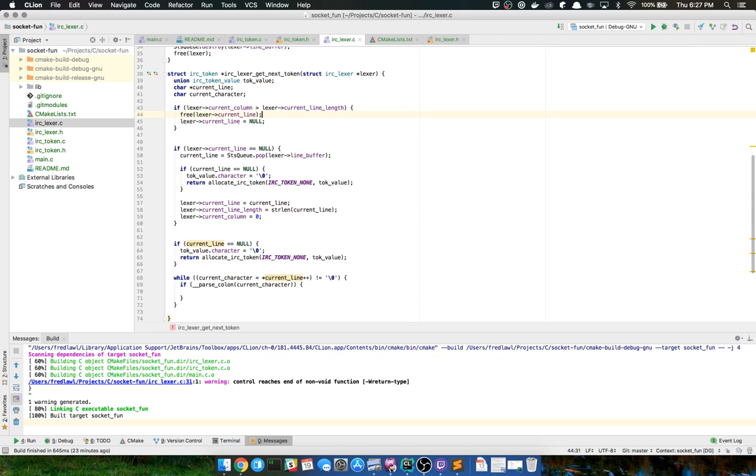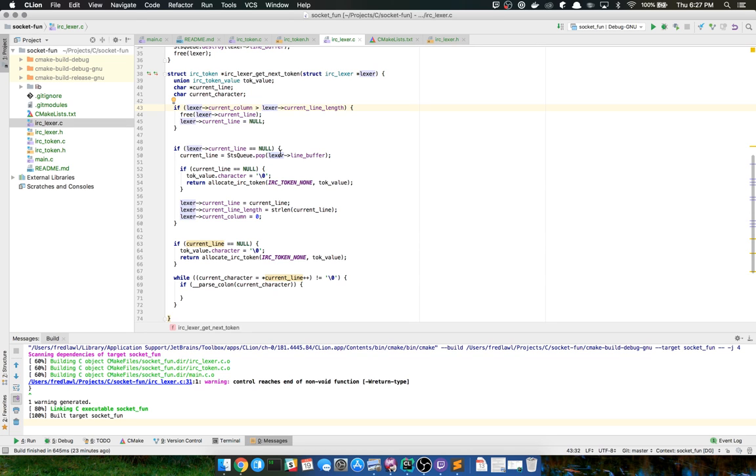Now I'm going to have this work on the second pass, so what's going to end up happening is it's going to get that last token, the EOF token, and then on the next call, increment, and the column length is greater than the current line length, then I'm just going to kill it.